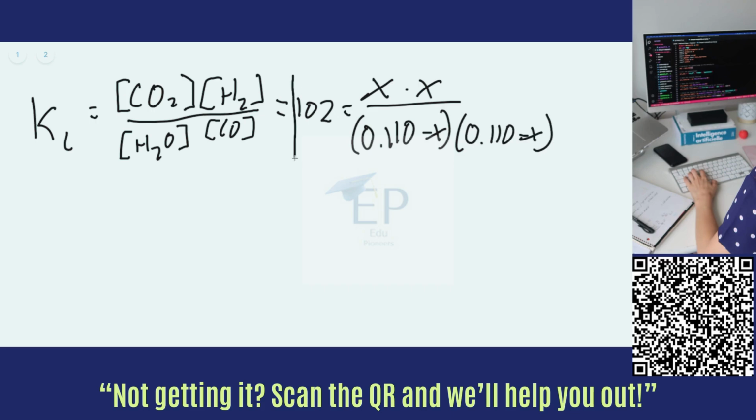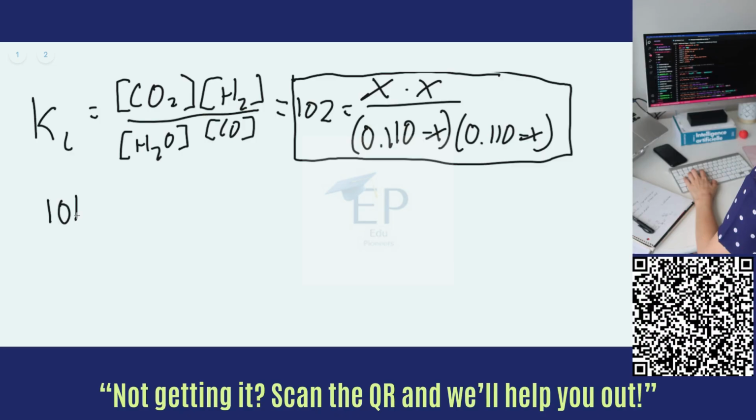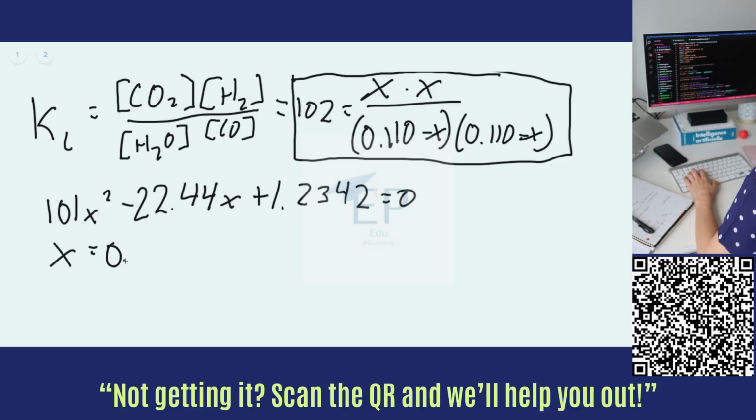And so what we want to do is take what we have here and rearrange it into a quadratic formula where we have some x squared plus some x plus some constant equals 0. And when we do this, we end up with 101x squared minus 22.44x plus 1.2342 equals 0. And now we can use the quadratic formula, and when we do that, we find that we have x equals 0.122 or x equals